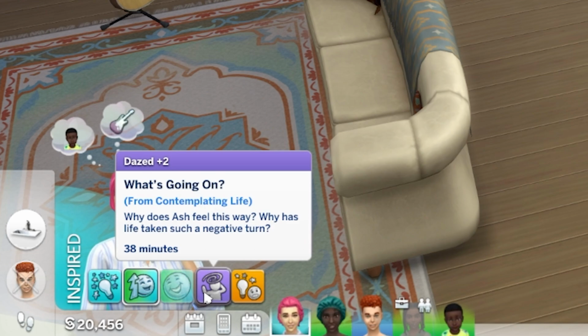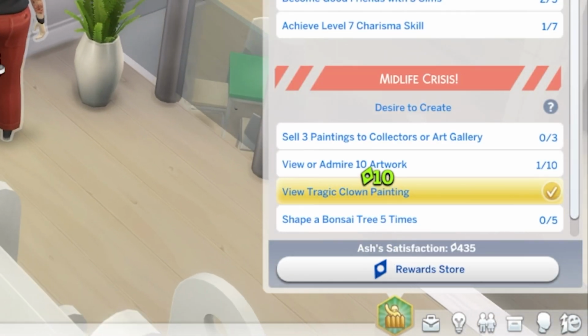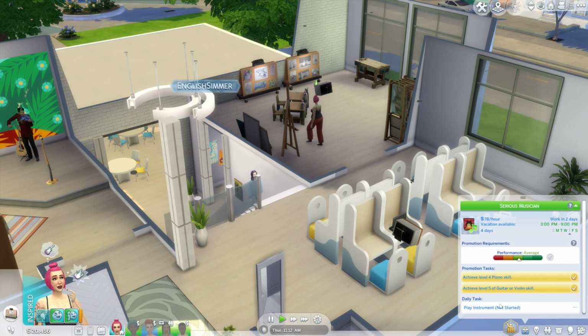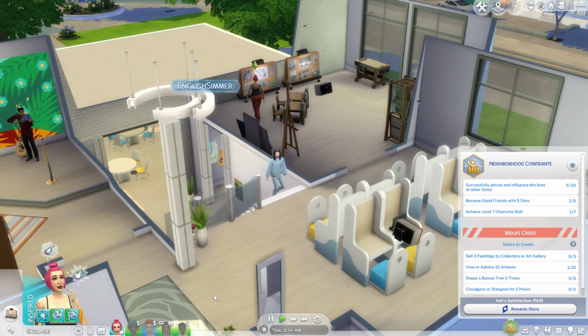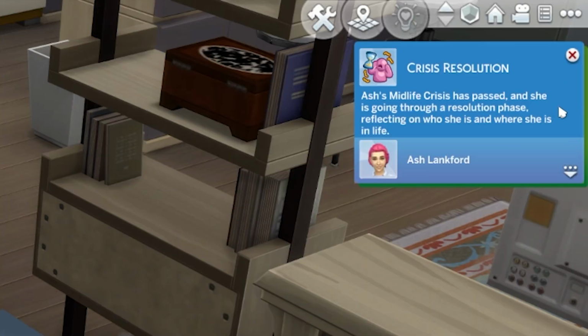I love a spanner in the works. I love when the game can actually dictate what my Sim is going to do next, and I don't constantly have to come up with those stories myself. I'm excited to see what happens if you don't do any of the tasks, if anything, because like I said,